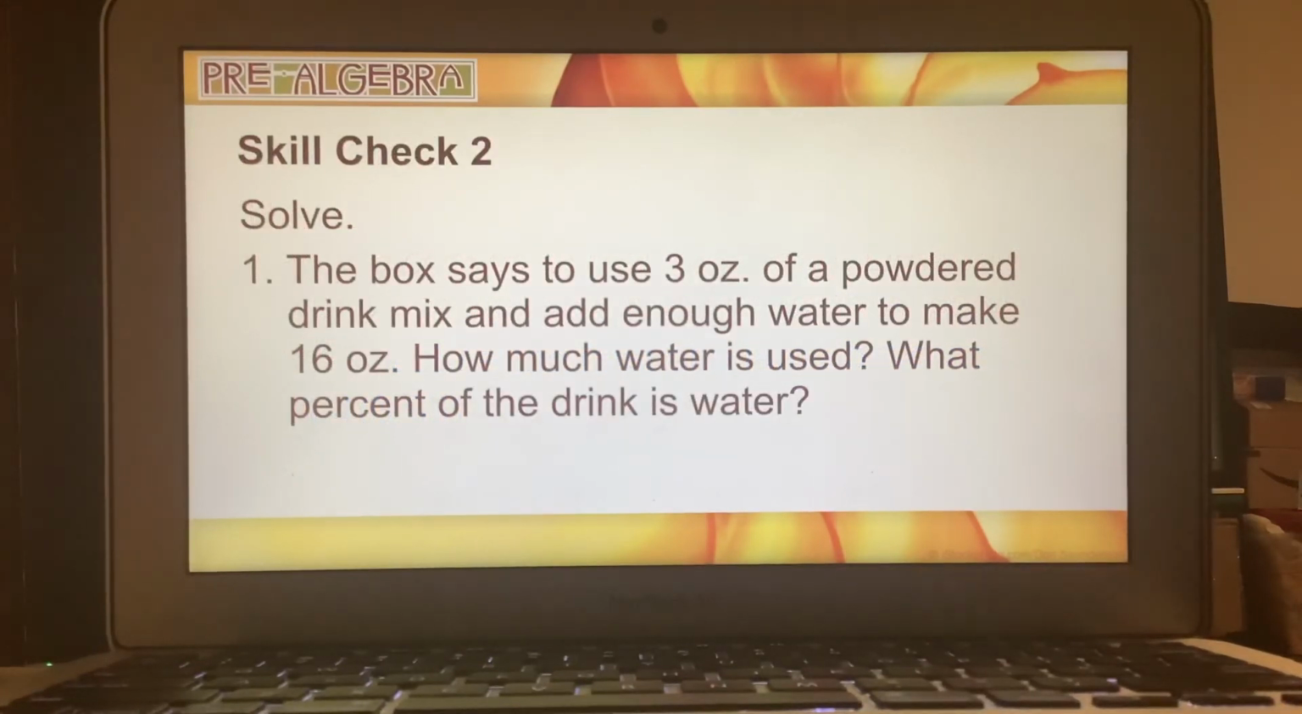All right, let's take a look here. The box says use 3 ounces of a powdered drink mix and add enough water to make 16 ounces. How much water is used? What percent of the drink is water? Okay, now let's take a look here. We've got several things we need to look at. How much water is used? So, the